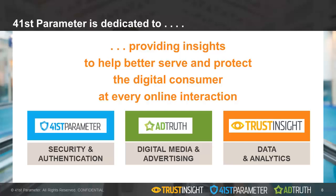And then lastly, just quickly, actually 3 slides on 41st Parameter and what we do before we get into our first presentation. 41st Parameter is dedicated to providing insights to help better serve and protect the digital consumer at every online interaction. Within 41st Parameter, we've actually got 3 product lines. 41st Parameter there on your left has a product called FraudNet, which is around security and authentication, helping e-commerce retailers